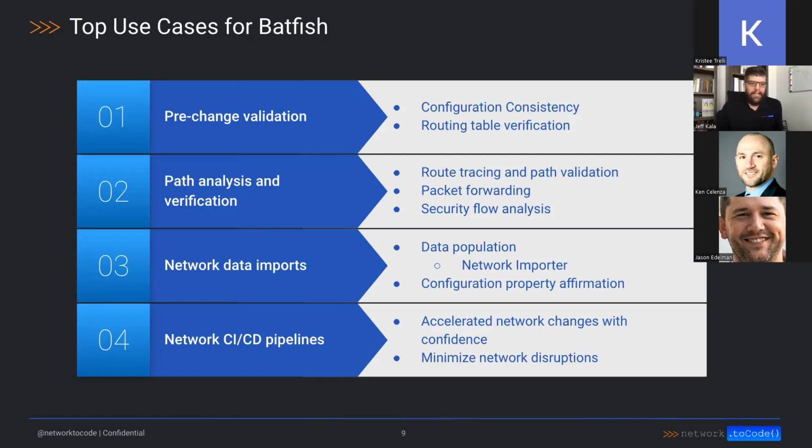The final one is kind of the big dog of the use cases, and that's the true NetDevOps mentality of a network CI/CD pipeline, where you're really taking all of the use cases that I mentioned previously and wrapping them into a CI/CD pipeline. You can accelerate your network changes with this. You can feel confident that your network changes are not going to cause network disruptions because you've made your changes. Maybe you're doing infrastructure as code, and you made your changes in the code. You can have a CI/CD pipeline generate configurations, make a new Batfish snapshot, and analyze what you define as important